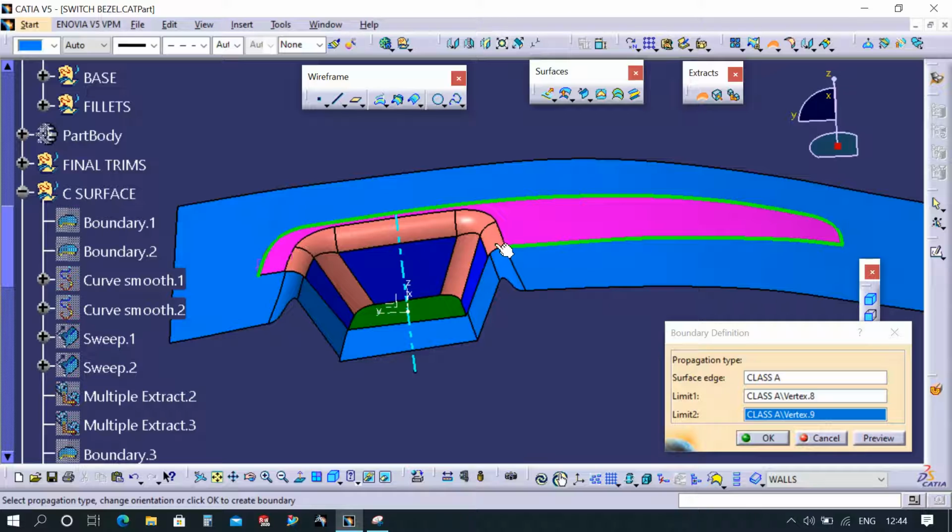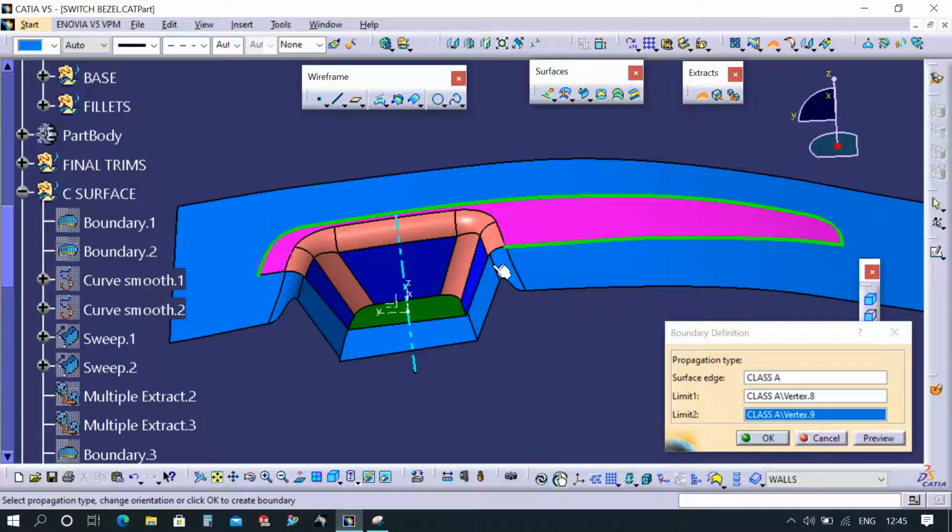So do one thing, you divide it, you cannot take it fully, right? Because the shape of the curve is coming down, and you can't take it like this. You have to divide it into two separate boundaries, and then you create the C surface. You should not take the full boundary, because when you take the full boundary and run the sweep command, it sometimes will not work. So better you separate the boundary.